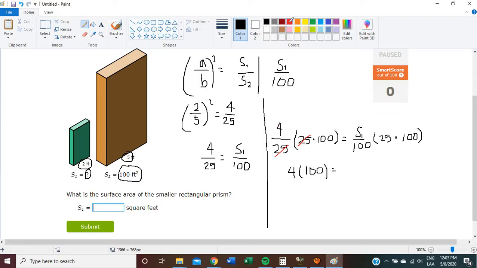The same is going to happen here. If we divide something by 100 and then multiply it by 100, it's like we're just multiplying this times this. So we're going to eliminate this, and we just keep 1 times 25. So we do this operation: 4 times 100 equals 400 equals 25